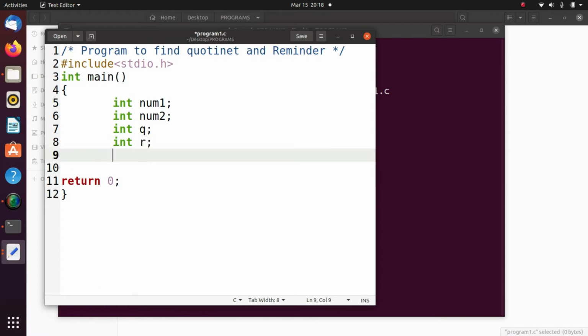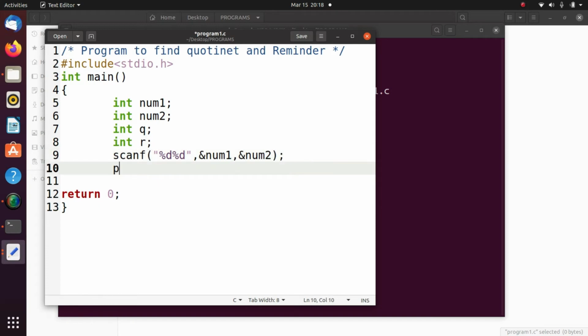Now I want to read the values from the keyboard. How can I read the values from the keyboard? By using scanf, %d, %d, ampersand num1 comma ampersand num2. After that we print these numbers, printf.